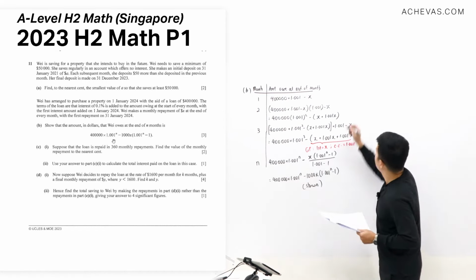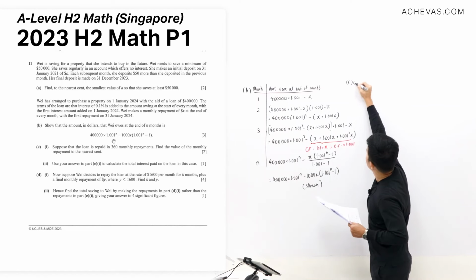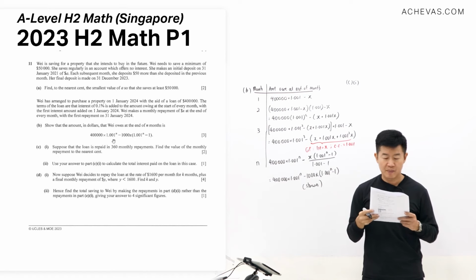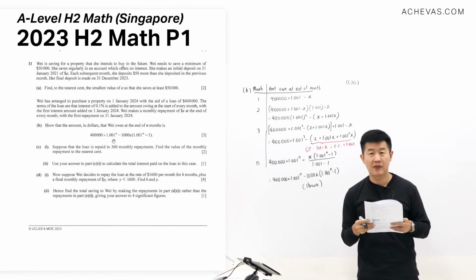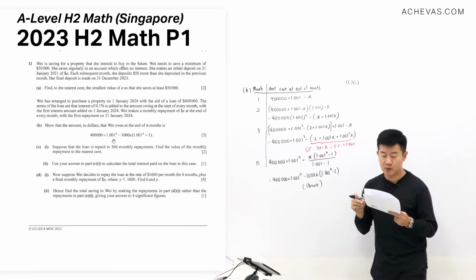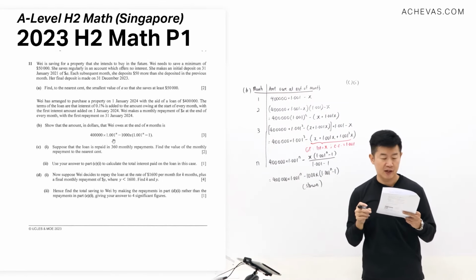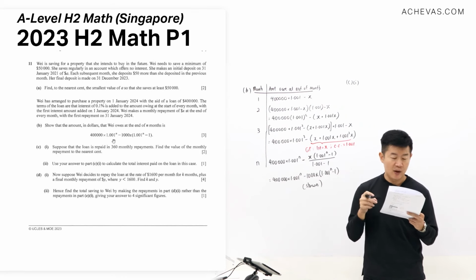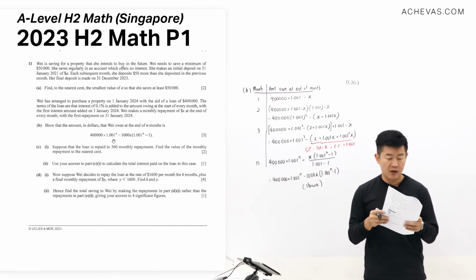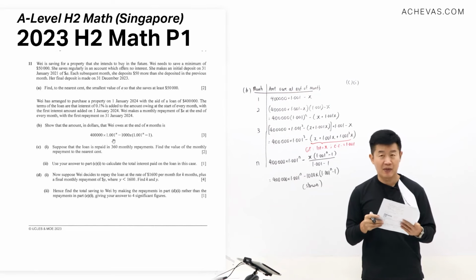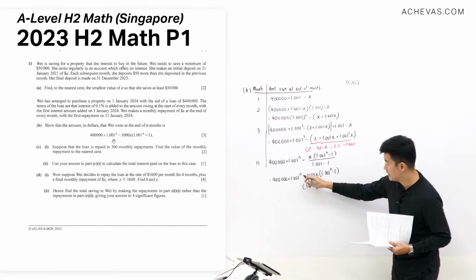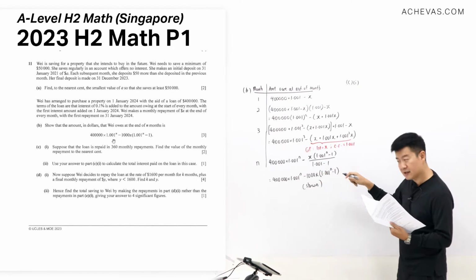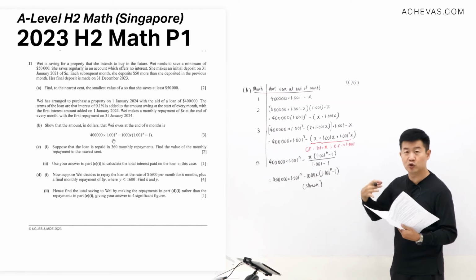Next, C. Let me write it here. C, part 1. Suppose that this loan is supposed to be repaid in 360 monthly repayments. That means n is going to be equal to 360. We want to find the value of the monthly repayment, which is x. We want to find x when the loan is completely paid for after 360 monthly repayments. So we are going to replace this n here by 360, and we are supposed to find x when this entire thing,